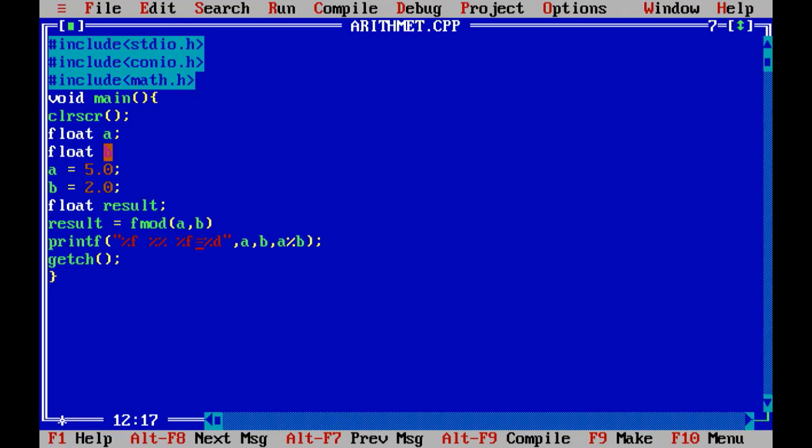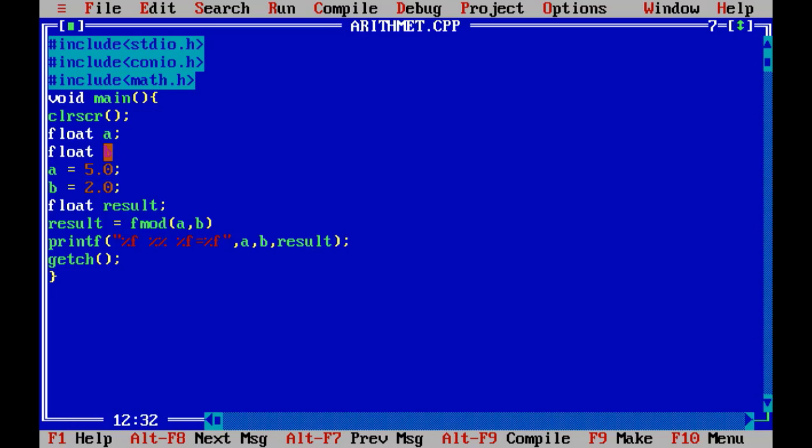So here we will use %f, and the answer also will be %f. So here the floating point value 5.0 will be the numerator and the floating point value 2.0 will be the denominator, and we are going to perform the modulo operation. Let's check the output.